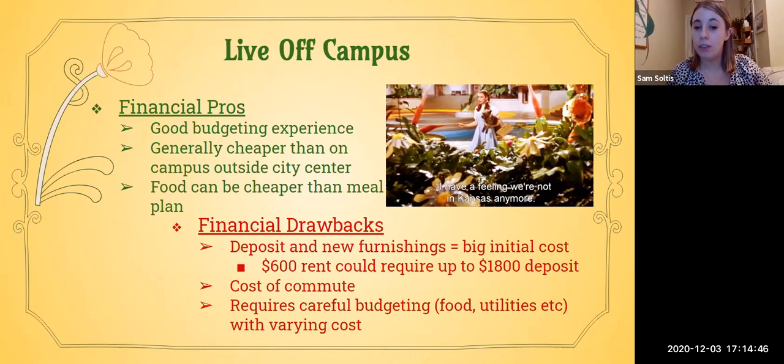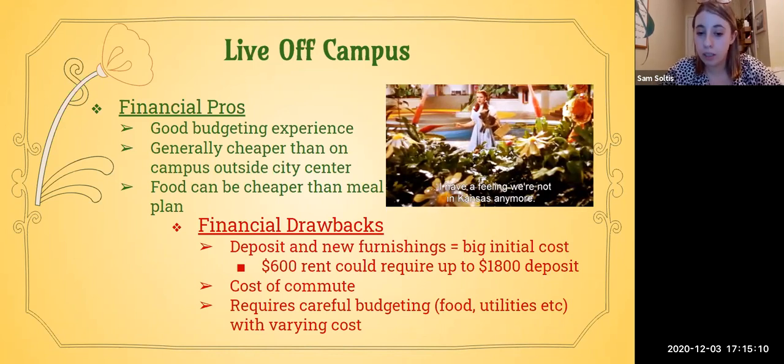So buying all of those new items for your new house, and then also the deposit. So a lot of places will require first and last month's rent and fees. So let's say your rent is $600, you could possibly need to pay $800 up front just to move into this place. Then you also have to consider your cost of commute with this, since you probably won't be living